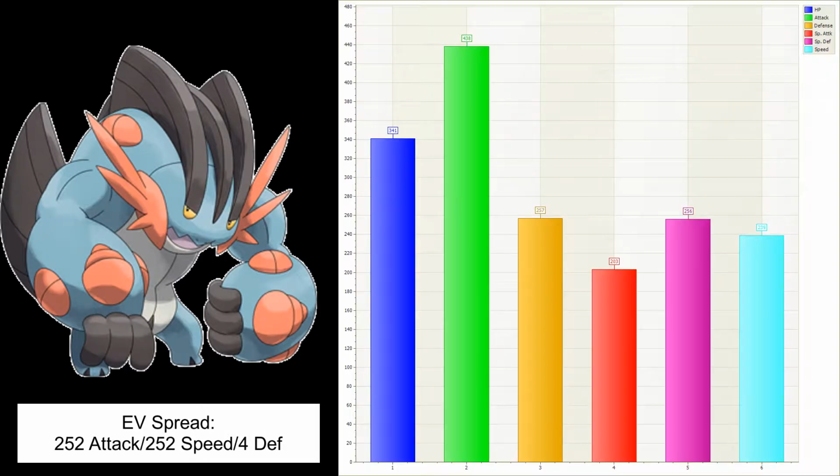Because without Superpower, Ferrothorn walls him. He's still kind of got an answer for Kyurem, because I guess you can give him Stone Edge. But no, I mean, Superpower is just too important to not have. So looking at his stats, 341 HP, 438 attack, 257 defense, 203 special attack, 256 special defense with a speed of